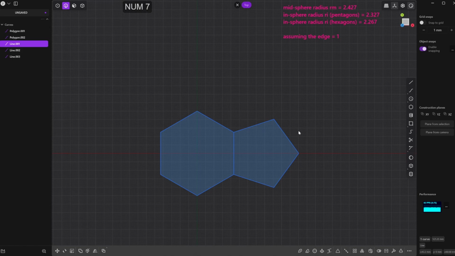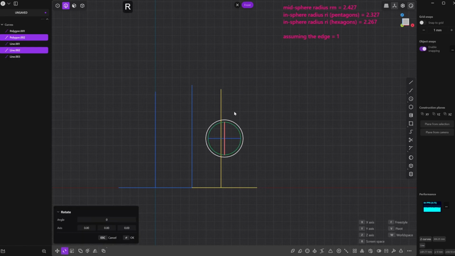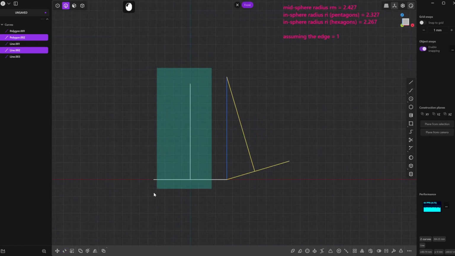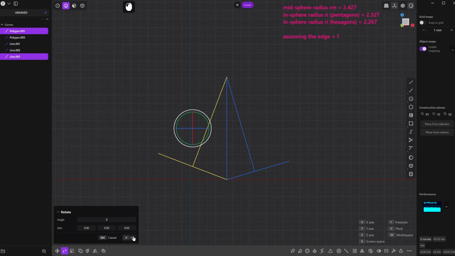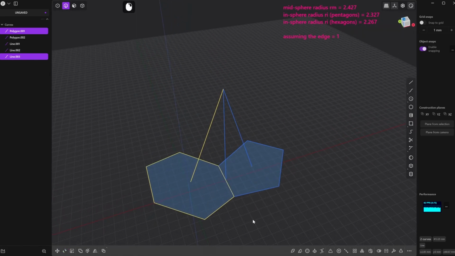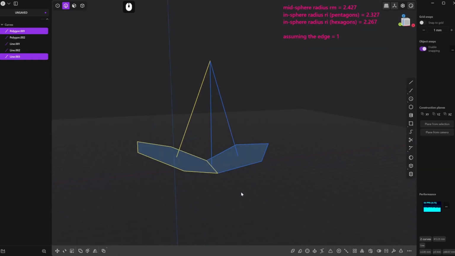So what do we do? Go to the front view, select the pentagon and the radius we constructed from it, rotate in the freestyle around the edge, take this point and bring it to the center of the sphere. The same for the hexagon: rotate, freestyle, center of the sphere. Okay, so here we have the first elements of our soccer ball,